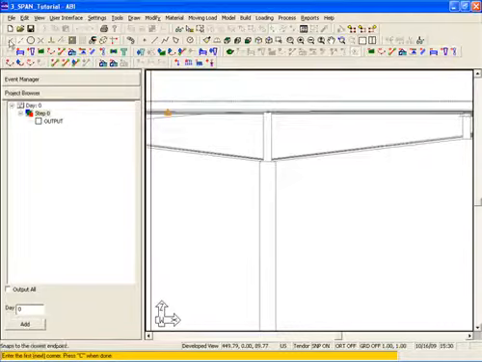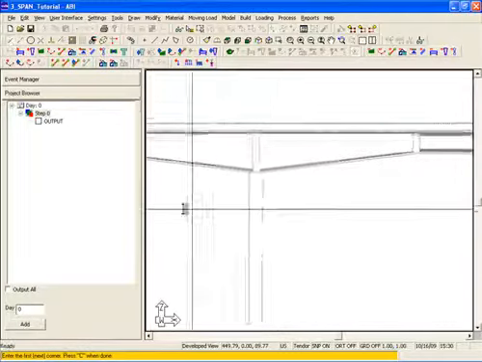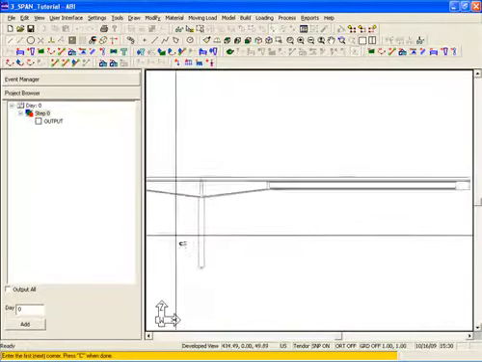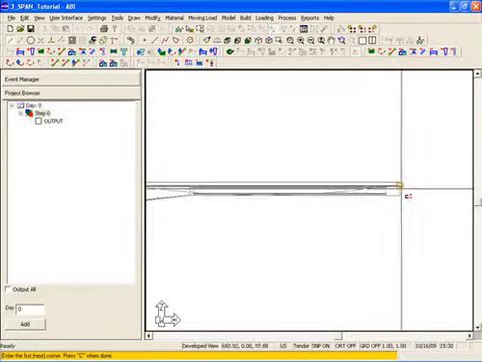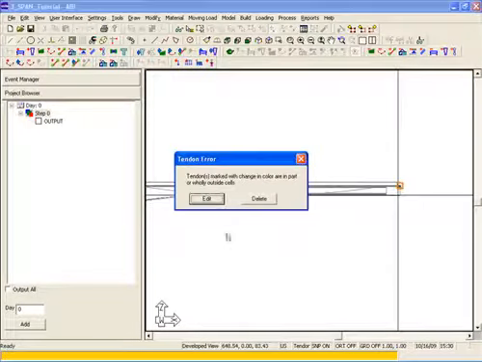We'll go ahead and turn those tools off now, and we'll snap to the right endpoint. We can see here that a warning appears saying that the tendon is outside of a cell. That's fine, we'll just say OK